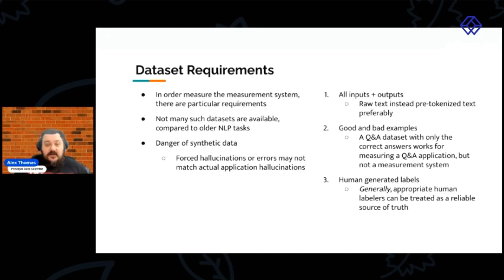This is where it's hard a lot of times to find a good data set, because we're talking about generating outputs, so they'll just have the correct answer, like the answer for a question and answer application. For example, the BioAsk data set has a bunch of really great questions in the biomedical domain and the ideal answers for them. They don't have the wrong answers for them. So we can't really use it to measure a measurement system.